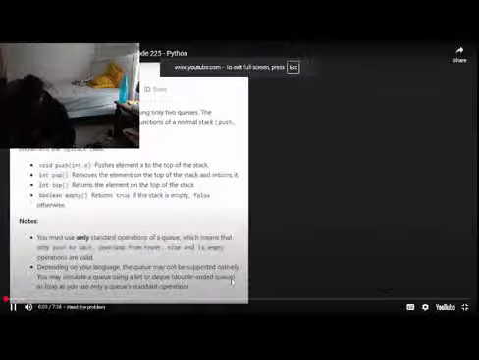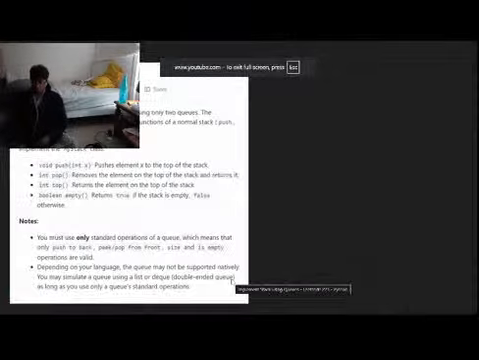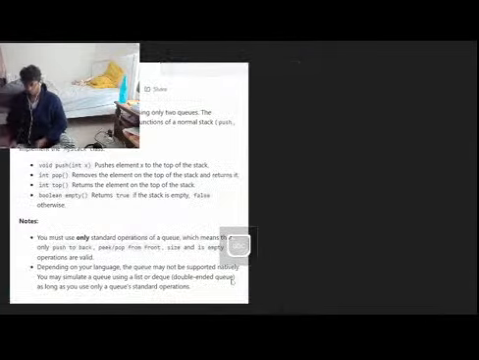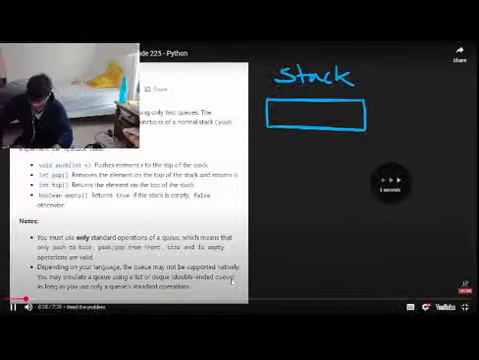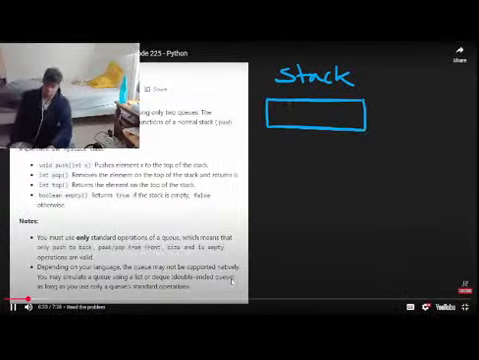Hey everyone, welcome back, and let's write some more neat code today. So today let's solve the problem implement a stack using queues. I think this is a really good problem for beginners. So basically if we add